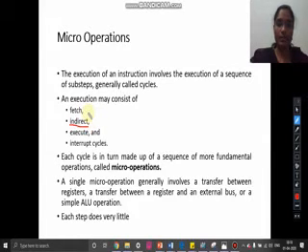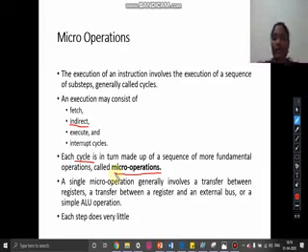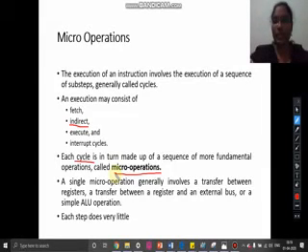So here we have considered four stages: the fetch cycle, indirect cycle, execute cycle, and the interrupt cycle. Now in each of these cycles we have a sequence of operations called micro operations.